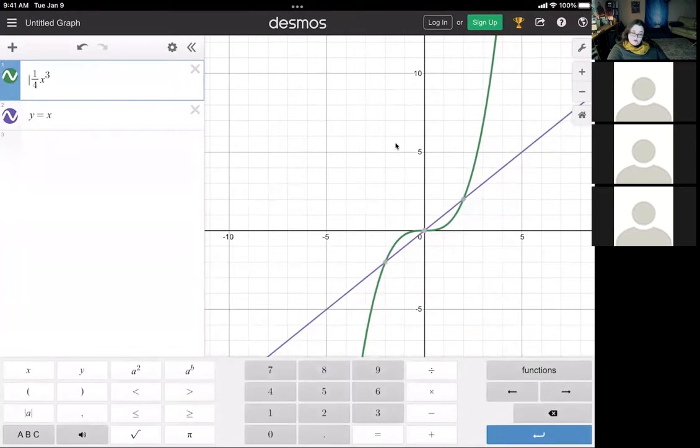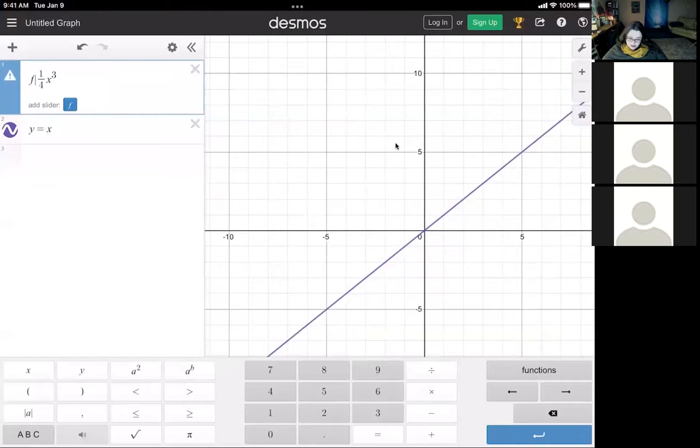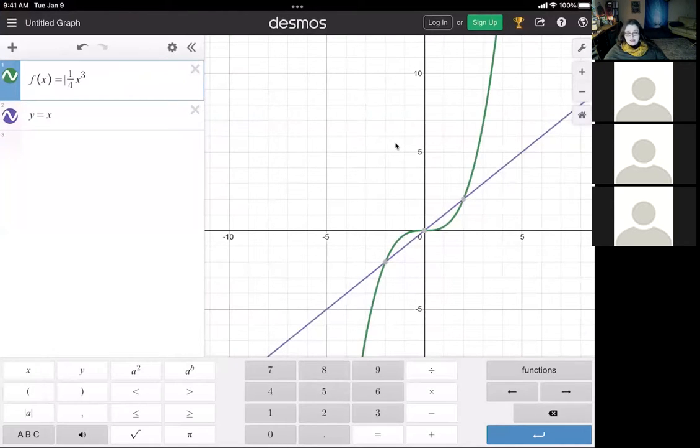Now, something you may or may not know about is what's called function notation. So we could say f of x equals, so that's really the same thing as saying y equals. Maybe I named this one something different. f of x just means y is a function of x. So we're taking away that y equals. But what if I wanted to say, where is f of x